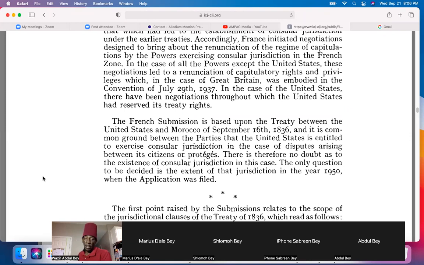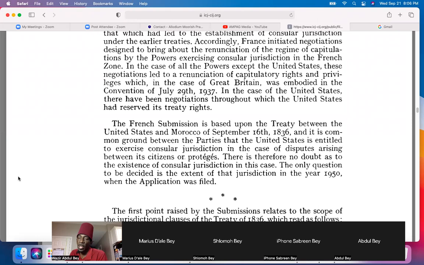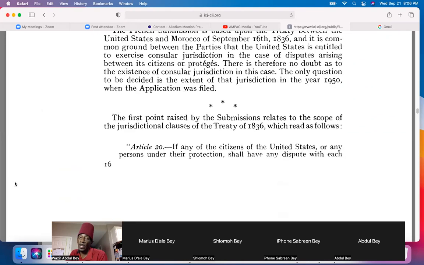The reason why is because there were no more states available to exercise consular jurisdiction. So by default, the other signatory power took over. In this case, it was the United States. But if Morocco was in full effect, then the United States would still be in a subordinate position. Simple. That's why we need to wake back up to our state governments.